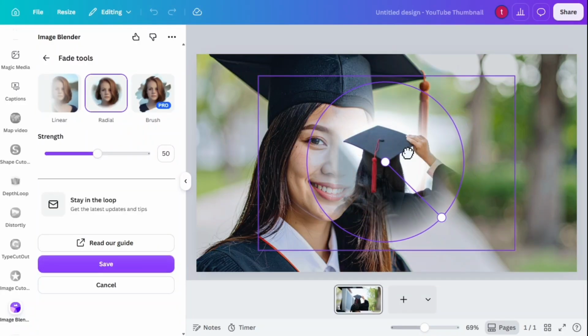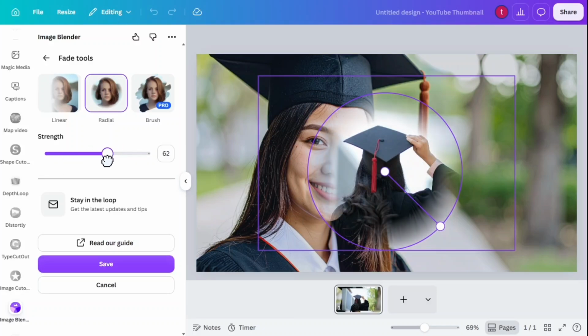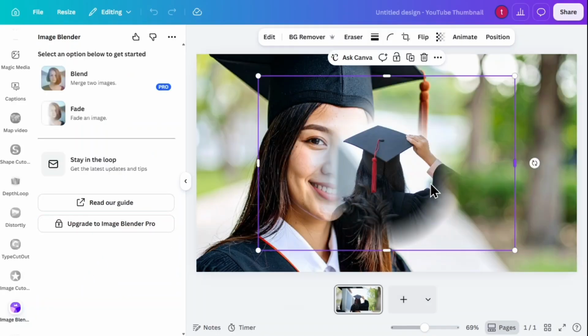I click and drag the radial circle across the subject, positioning the gradient focal point right where I want the soft transition to occur. To fine-tune the effect, I move over to the left panel and adjust the strength slider, sliding it back and forth to find the perfect level of transparency so the edges blend smoothly into the background. Once I am happy with how the gradient looks, I click the Save button at the bottom of the tool